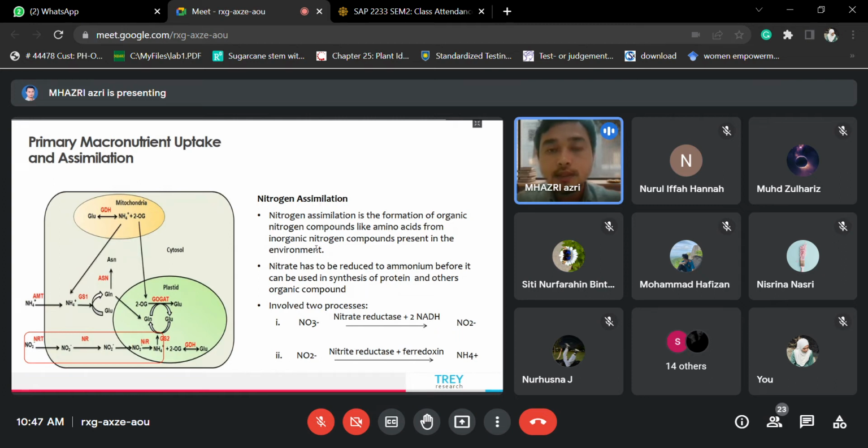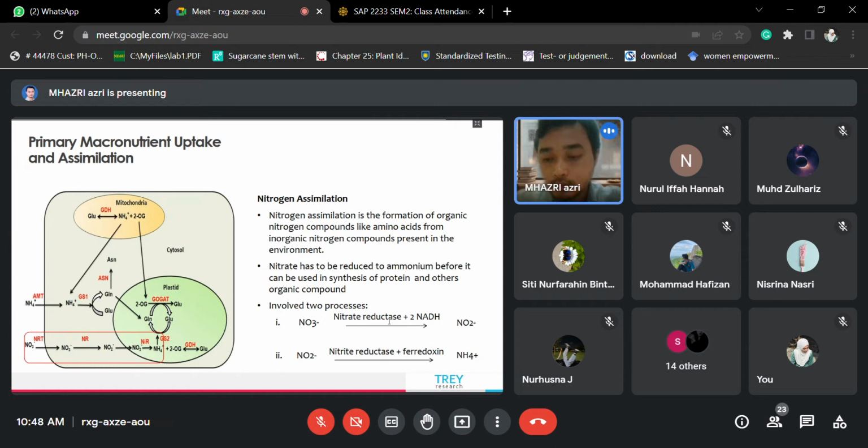So this process requires two NADH and produces one water molecule. Okay, so here there are three oxygens, and it will transfer them to two hydrogen atoms from NADH to produce water molecules and also nitrite. Okay, so this process is catalyzed by nitrate reductase. So this is the first step of the process. This process occurs in the cytoplasm of